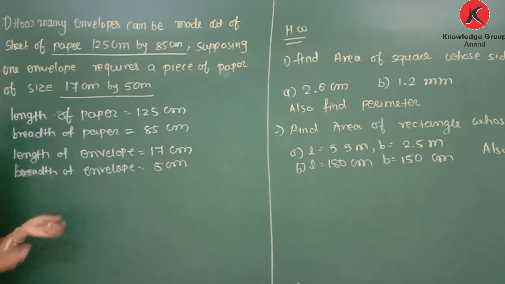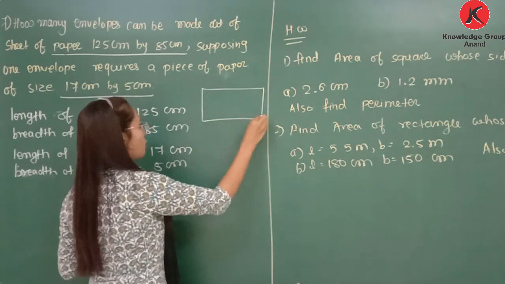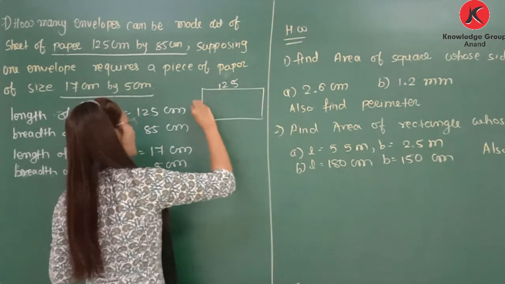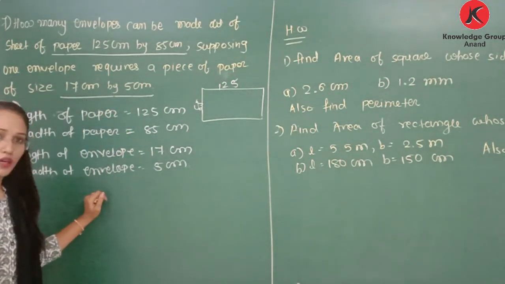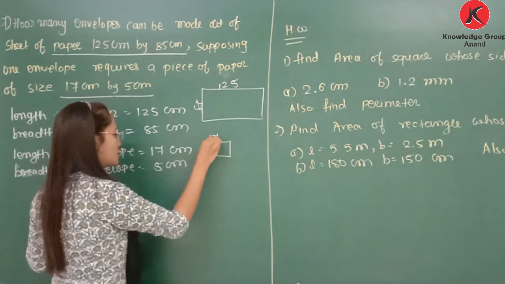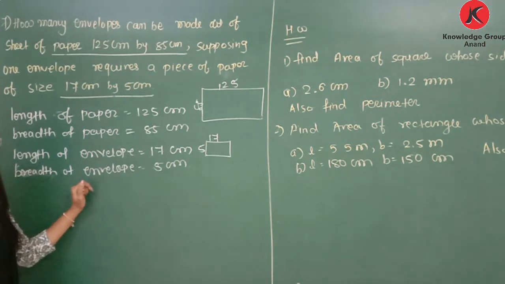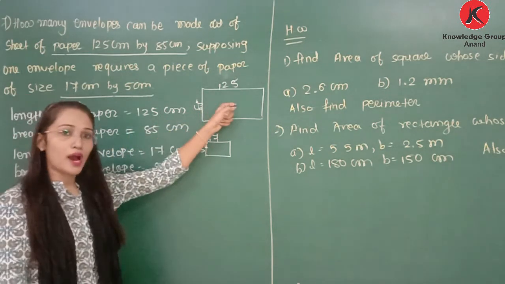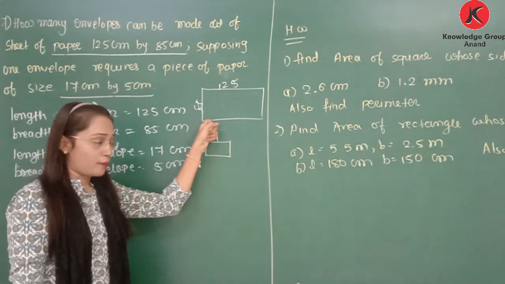So now some paper is given, and let's say this is the paper. For this it is 125 and 85. We are using this paper and we are going to make an envelope, and that envelope requires paper of size 17 by 5. So how many envelopes can be made from this paper? So how can we find? If we find the area of this paper and area